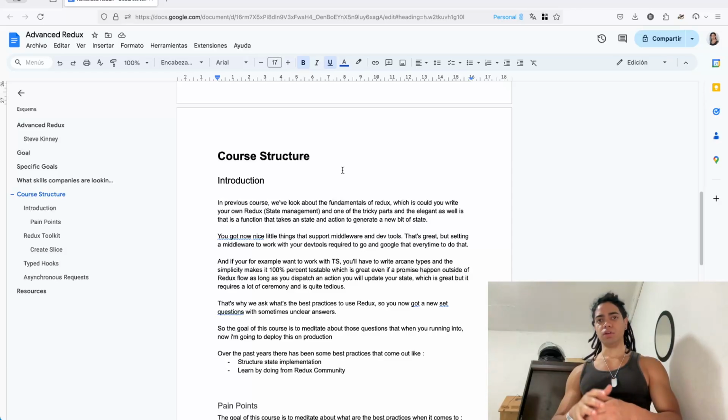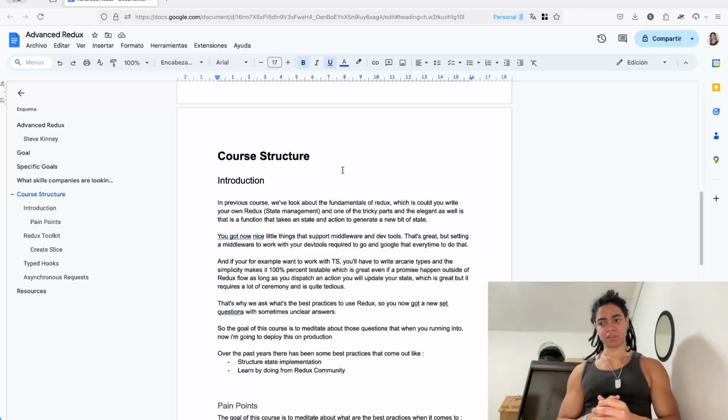as we evolve and as our applications grow and expand and scale, how can we make state management something that is easy to work with, especially the more state that we need to keep track of? So because of that, I'm going to mention what the main pain points are that